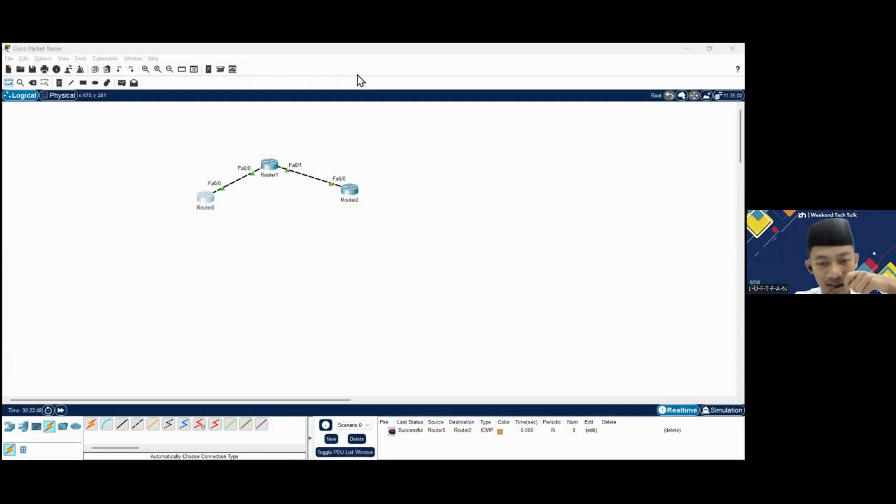Maybe you can exit first, and the key you can just make not 1, 2, 3, 4, 5 but just key one, and then you can type key-string. You can just type your password. Maybe in this example I will use cisco123, and done.